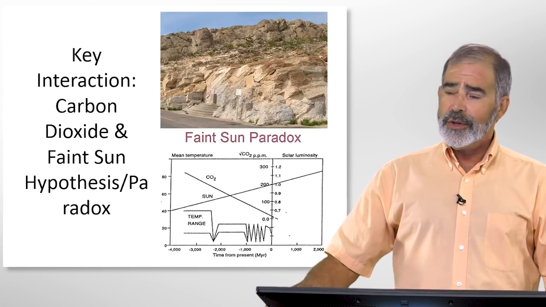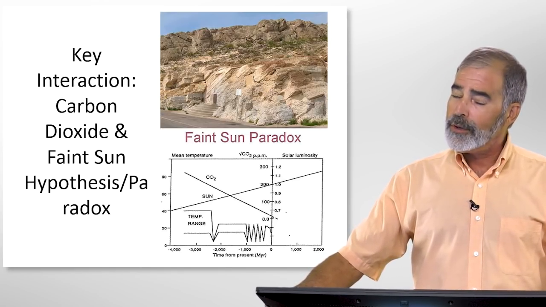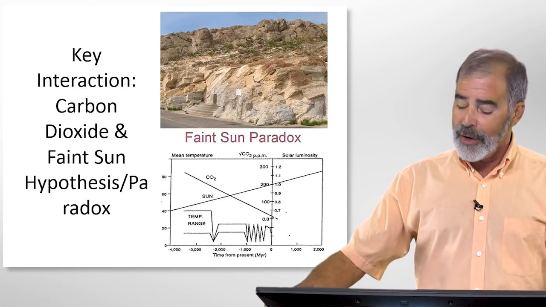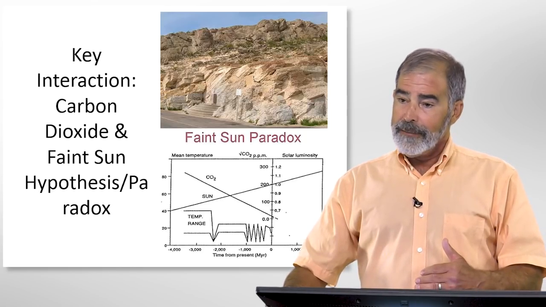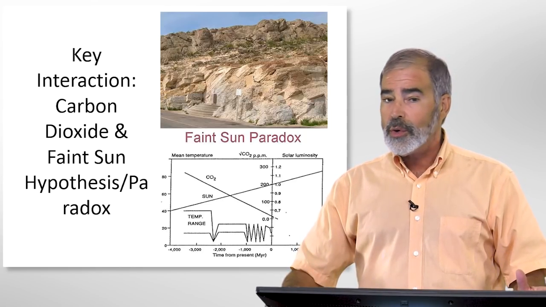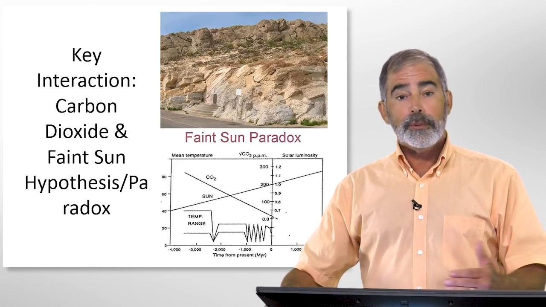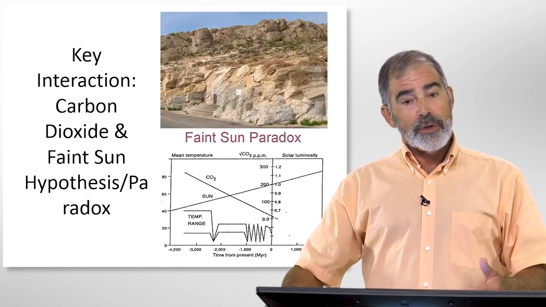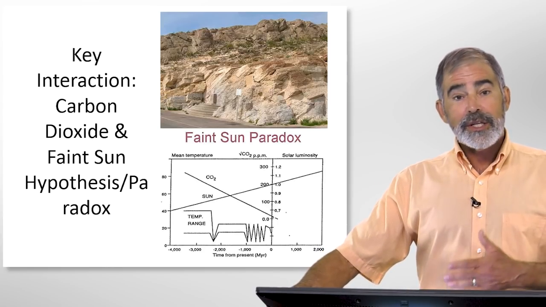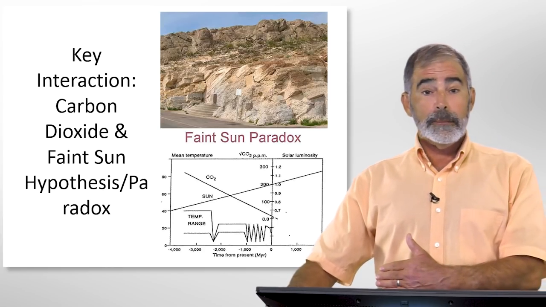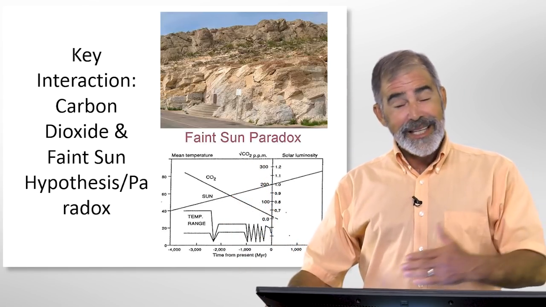There's a hypothesis called the faint sun hypothesis. If you look at the graph, there's time over a 4 billion year period, and also the luminosity of the sun and the mean temperature of the Earth. What I want you to focus on is that the solar luminosity, the solar physicists tell us, has been steadily increasing over the planet's history, yet the temperature has remained fairly constant. There have been ice ages and hot periods, but basically for 4 billion years, we've had a fairly even temperature. How does that happen? How do you get solar radiation increasing and also maintaining temperature?